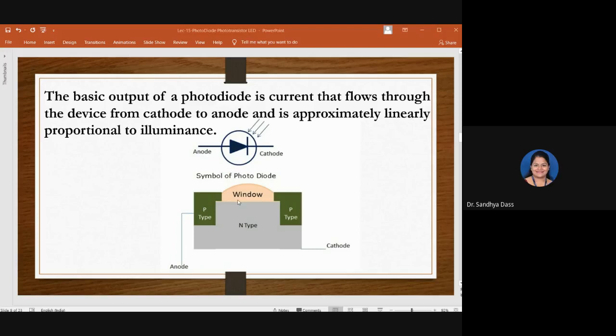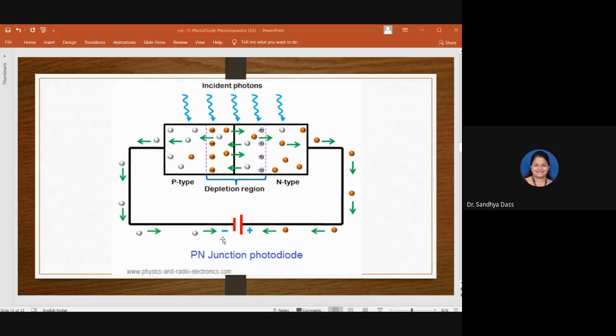So the electrons present in the P side and the holes present in the N side are the minority carriers here, isn't it? So when a certain reverse bias voltage is applied, then the minority carriers, that is holes from the N side and electrons from the P side, experience this repulsive force from the terminals of the battery here. Because of which what happens? There is a depletion region generated, isn't it?